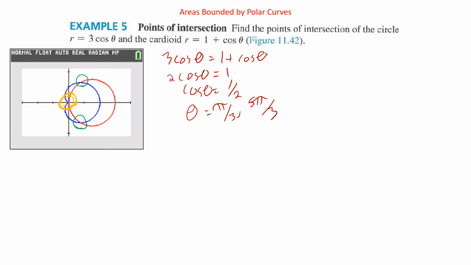If we follow the cardioid around, it has a radius of 0, which will put it at the origin when theta equals pi. So it's just 0 in this direction. And then the circle hits 0 when it's at pi over 2. So it's 0 when it's going in that direction. But it doesn't matter what direction you're going in, 0 is still 0. So it does intersect there,